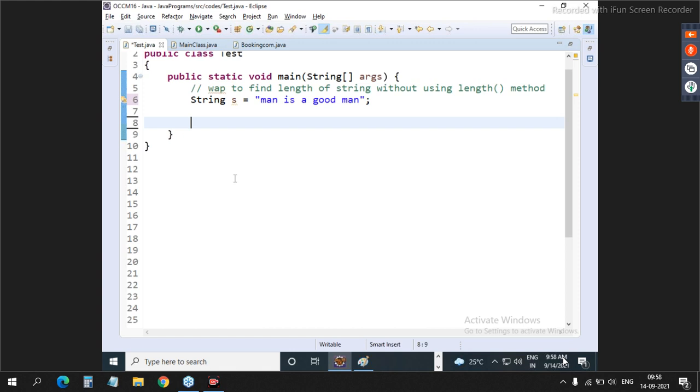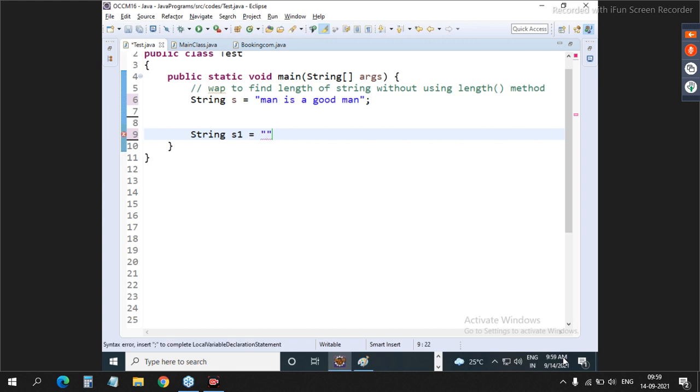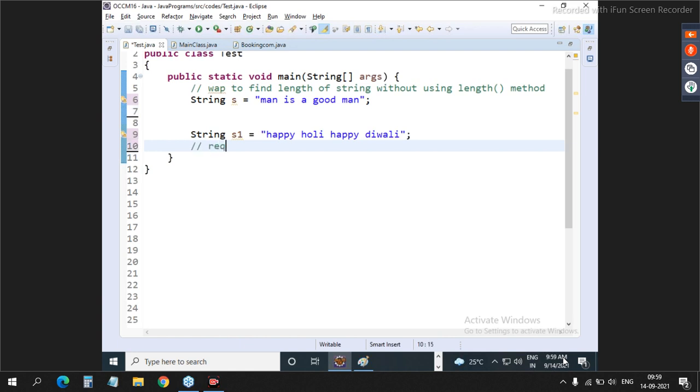Now guys, observe here carefully. Your next assignment is string s1 equals, let's say I have a string. What is the string? Happy Holi, happy Diwali. I want the required output. Okay, required output is